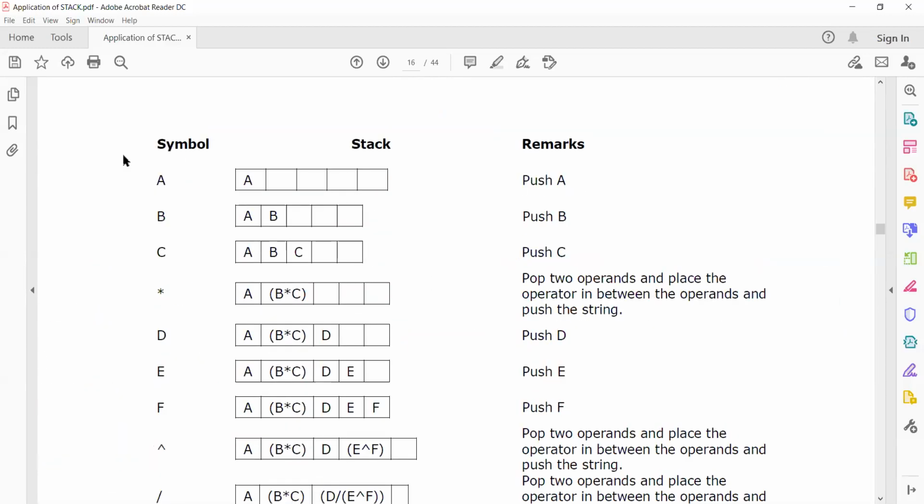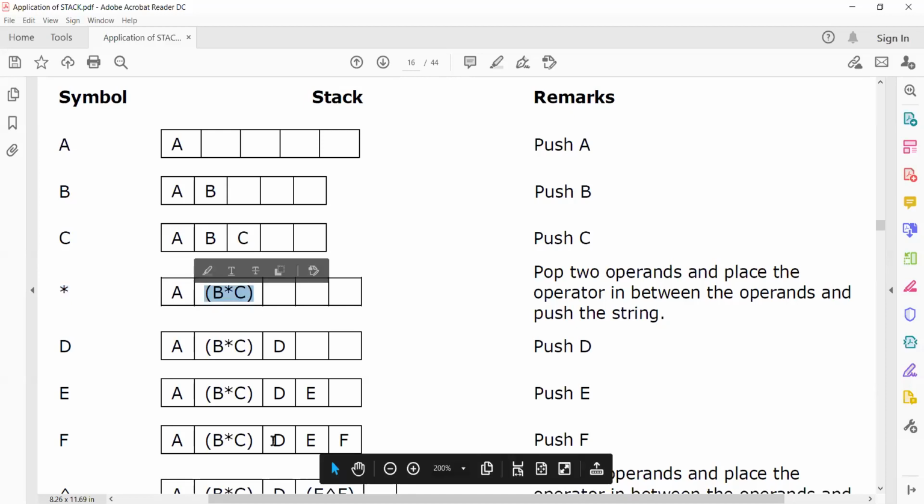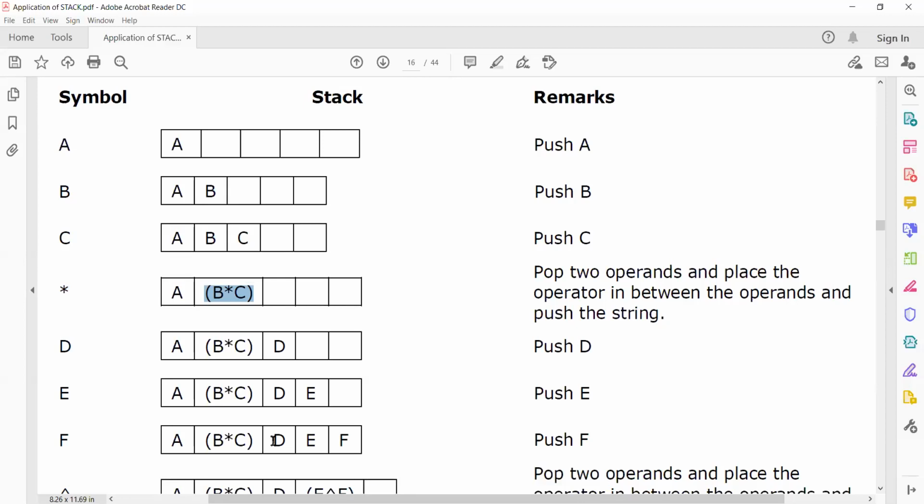See, A, push into the stack. B, up to this no issues. C, simple. When multiplication comes, what is done? You have to pop two items from the stack and make them a string by placing the operator between the items. You also have to put parentheses to differentiate which operation should occur.